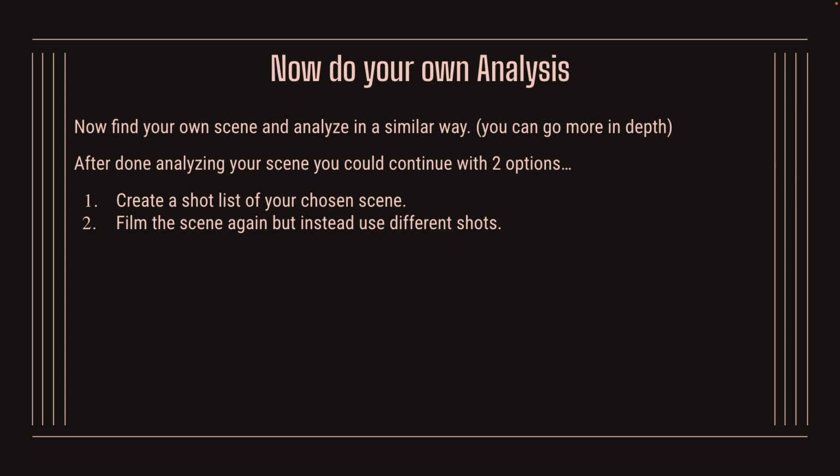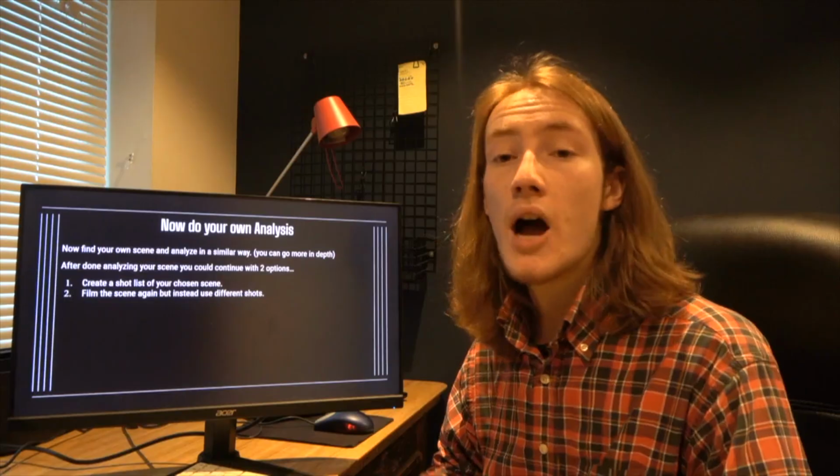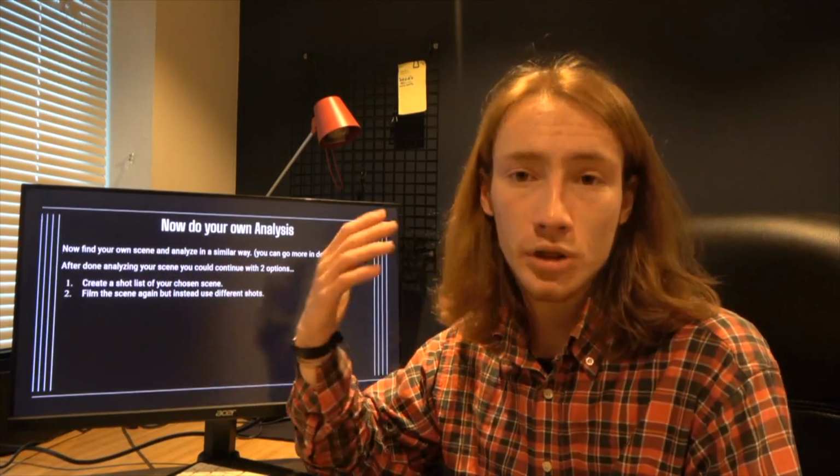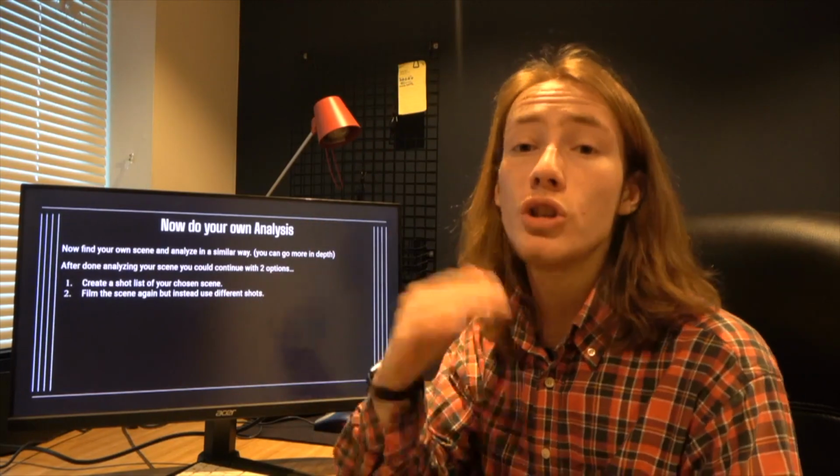Now do your own analysis. Now find your own scene and analyze in a similar way. You can go more in depth. After you're done analyzing your scene, you could continue with two options. Create a shot list of your chosen scene, or film the scene again, but instead use different shots. So from this, I gave an example of what you could write in your shot list. Just go through a shot list, fill out a shot list,